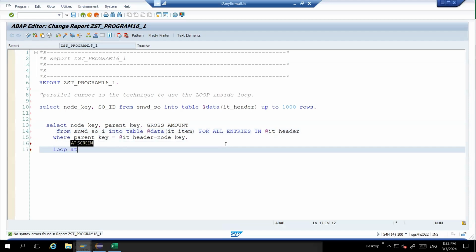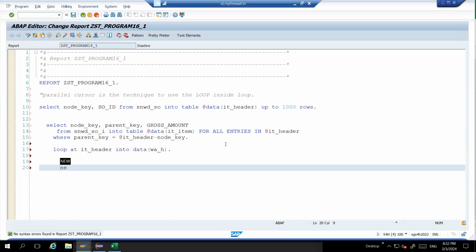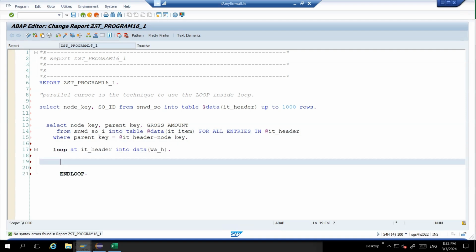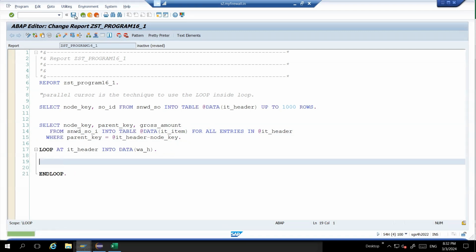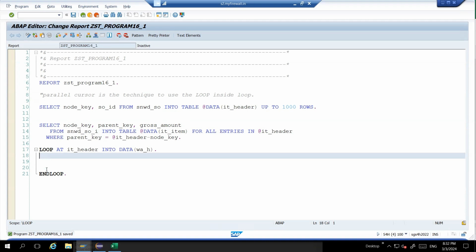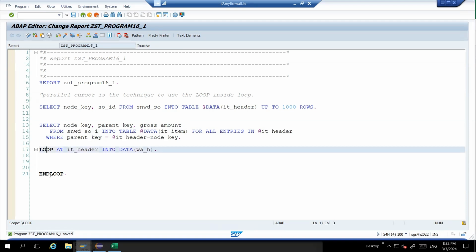So I'm going to loop at IT underscore header into WA underscore header and loop. So a fresher developer, who is not having good experience, or might be he was not able to get some good training, maybe for a number of different reasons, right? He doesn't know about the parallel cursor. So what he will do, he will put the loop on this IT underscore header, and one by one he will go and